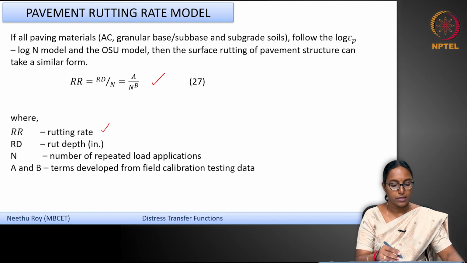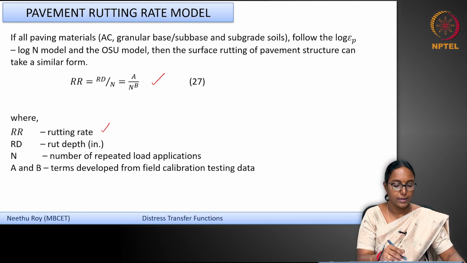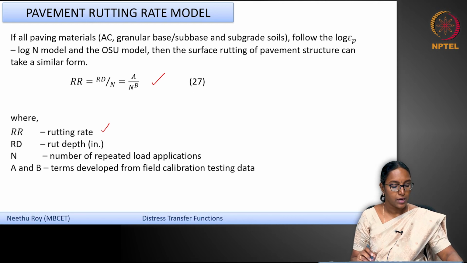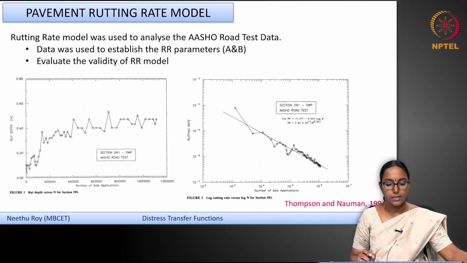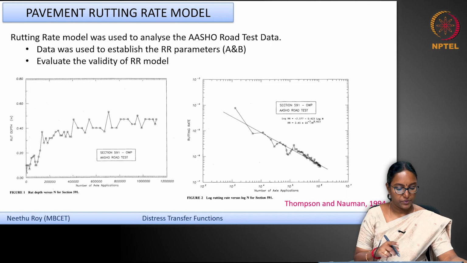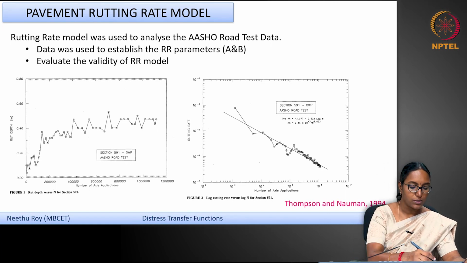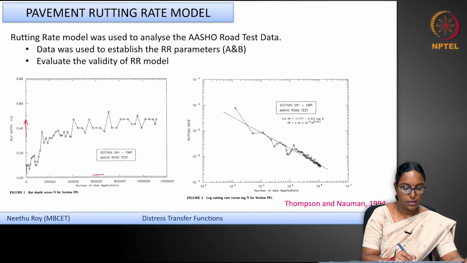Okay. So, it takes a form of RR, the rutting rate, equal to the rutting depth in inches divided by the number of load repetitions, which is equal to A by n raised to B, where A and B are terms developed from the field calibration data. Okay. So, this is some data that has been used for the development of such models. You can see from the AASHO road test data, the American Association of State Highway Officials road test data, the rut depth versus the number of load applications forms